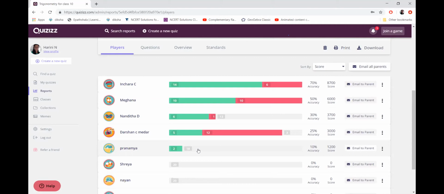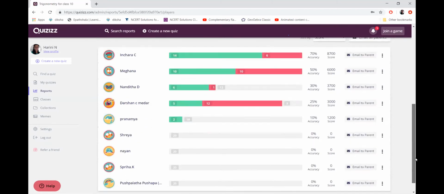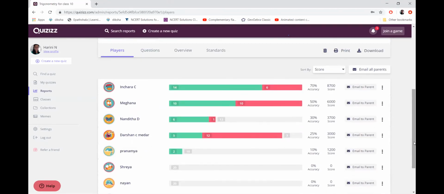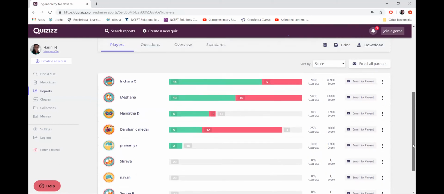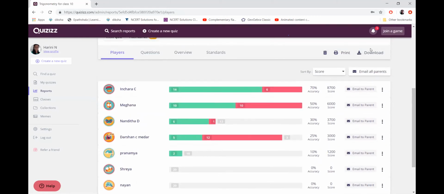I have kept it open for a longer time because some children were requesting. All right. So don't leave it. It is so disheartening. I saw that Pranamya is getting only 2 on 20 where she was 20 on 20 in the first attempt. Okay, now I understand you left it in between. So don't be in a hurry to attend. I am clearly giving instruction that I am keeping it open for another 6 hours because some people are asking. So don't be in a hurry to do any quiz. Please be prepared mentally before you take up the quiz. This I think I told you last time also.